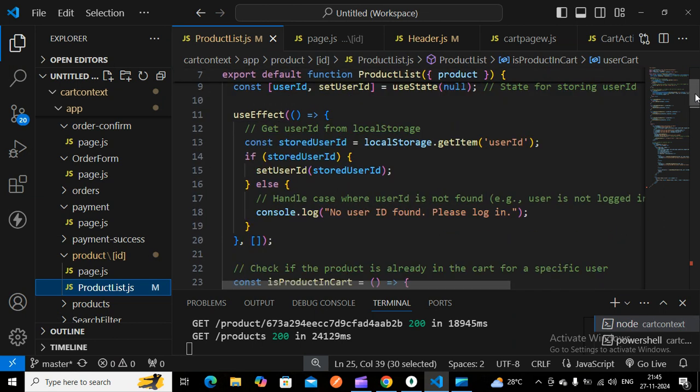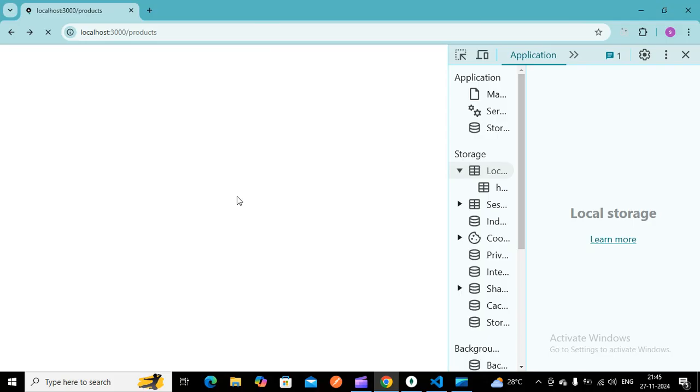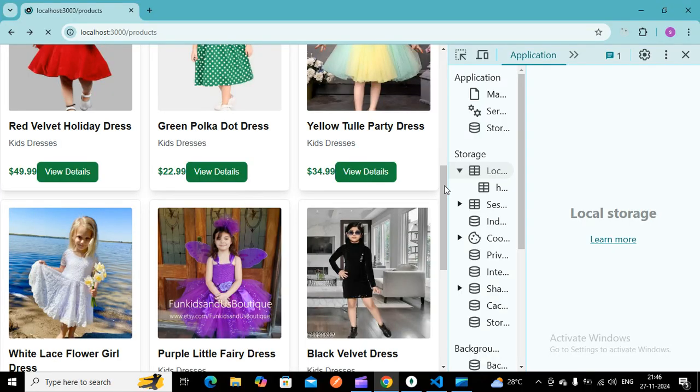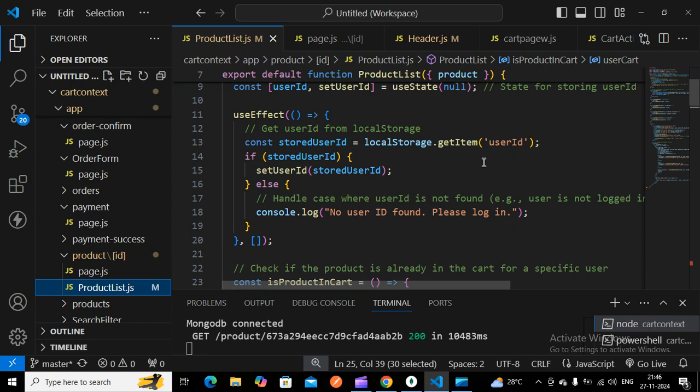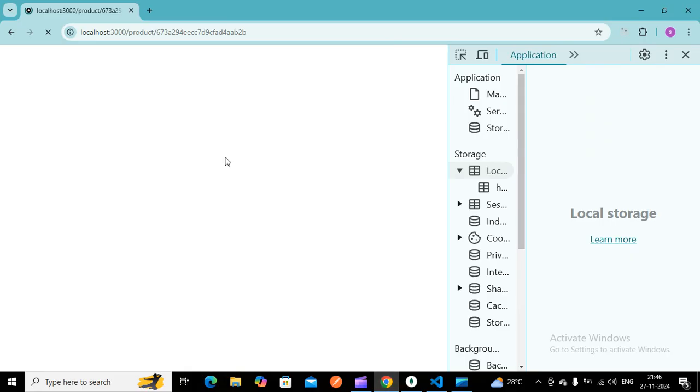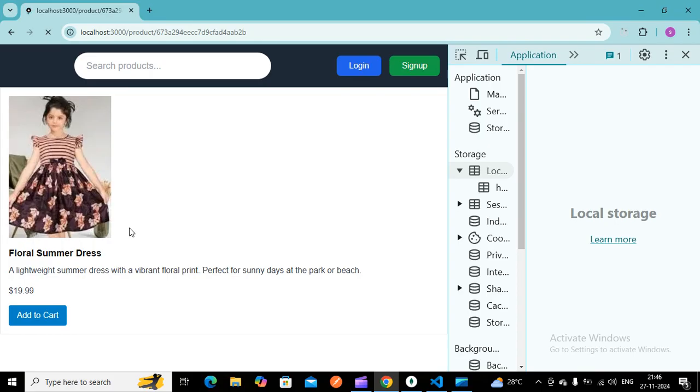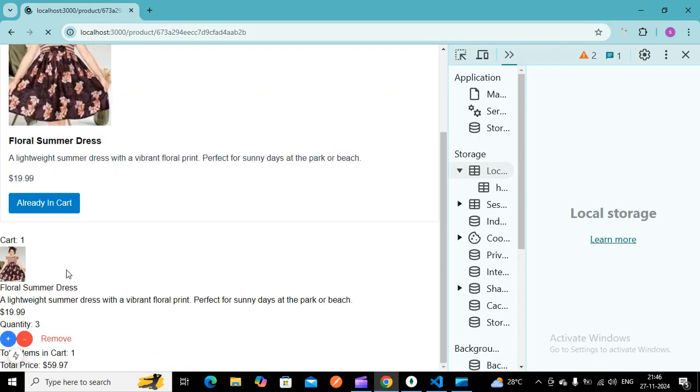So here you can see the particular product information. So here you can see that item. Once I give this particular cart item, you will be getting that cart information also that we have shown here in the product list page.